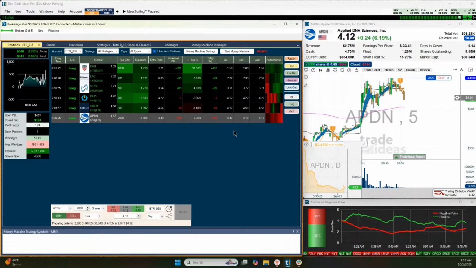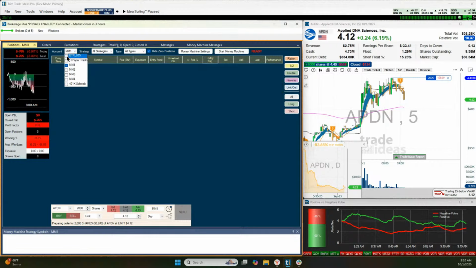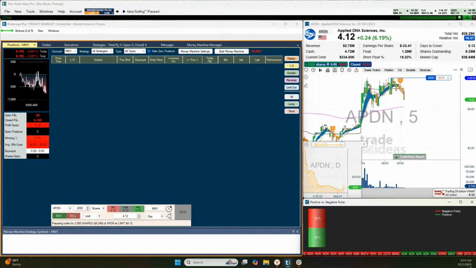But I really am not happy with my fat finger here. That was just a really poorly executed trade that was supposed to be just 500 shares, and I bought 2,000 because I wasn't looking, and there you have it. So what you're seeing here is a tough environment to start going long. Doesn't mean that it can't happen, but let's go do a clear.